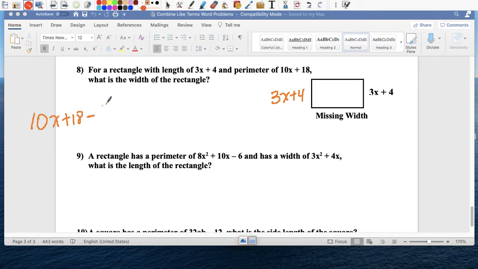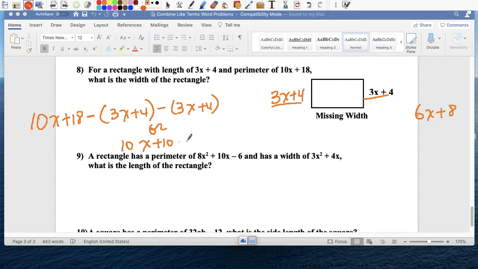So let me subtract. You can either subtract this way, which is subtract one side and then subtract the other side. Or you could have added this side and this side: 3x plus 4 plus 3x plus 4 equals 6x plus 8. Or you could have written the expression as 10x plus 18, just to make it easier,